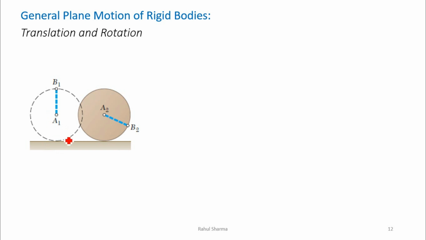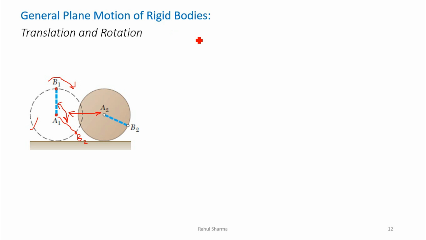Let's say in the wheel, this is the initial position of the wheel. I'm taking point A at the center and point B at the edge of the circle. If I say point B is moving in this direction, after some time it reaches here, this is the B2 point or B2 particle. It has traveled an angular distance, or we can say it has rotated, as well as point A, which was at the center, has traveled a linear distance. So this type of motion is known as general plane motion.